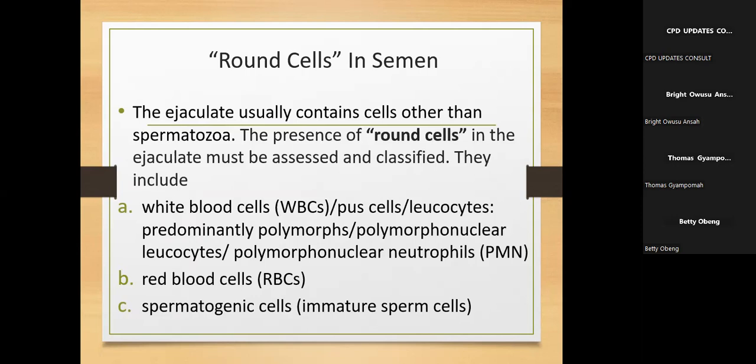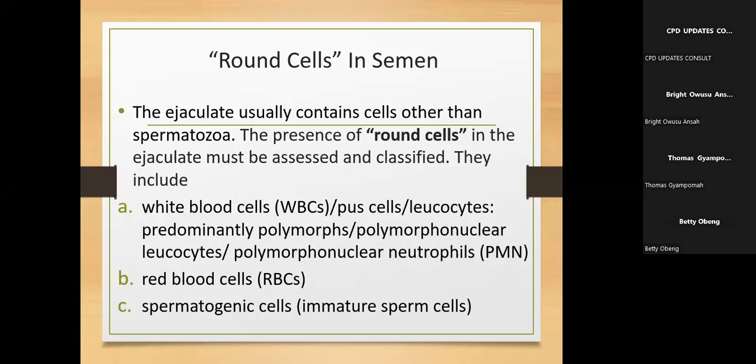If for nothing at all, you appreciate that if semen is collected via coitus interruptus, then it is likely to be contaminated by epithelial cells from the vagina. It's likely to be contaminated by, let's say, even bacteria from the vagina. It's likely to be contaminated by red cells from the vagina if the woman is peri-menstrual, around the menstrual period, and the man just wants to collect the specimen. He allows the sexual activity to take place. Then, of course, you expect that there are going to be some remnants of red cells, and all these are going to be found in the